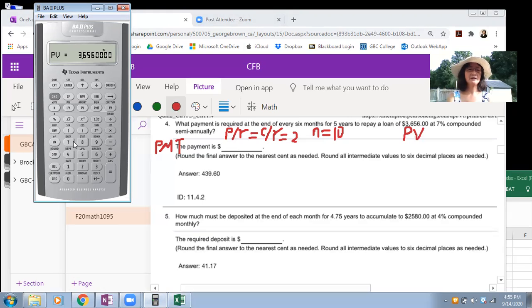And then 7 is the interest, IY. Remember you need 4 items, okay? You need to enter 0 as FV. Then compute PMT, okay? You get